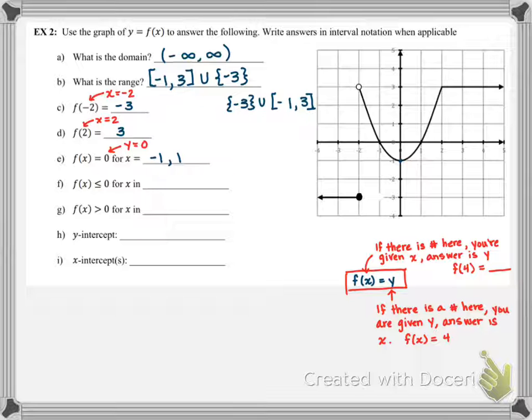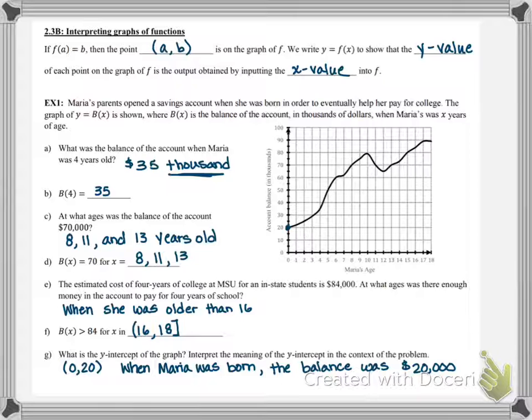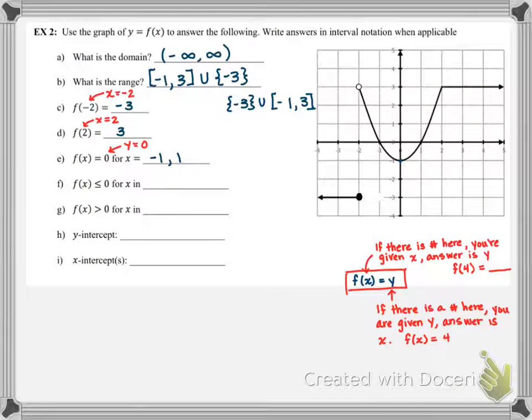Okay, so then these next two are similar to what we did with this less than or greater than 84. Here we're looking for every point on the graph that has a y value that is either above 0 or below 0. So we're starting with f. We're looking for where my y value is either equal to 0 or less than 0. And I think the best way to approach this is to kind of think of